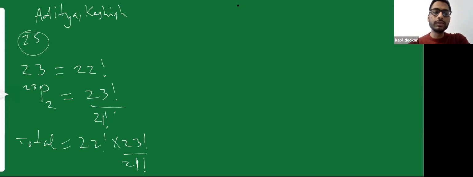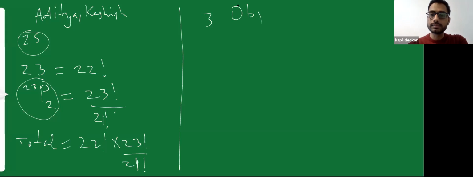Now, there might be confusion about where this 23P2 came from, so I'll explain in more detail. Consider three objects. If you want to place these three objects in a linear way, how many cross positions can I form? I can form 1, 2, 3, 4 cross positions. So in linear permutations, with three objects, there would be four positions. One extra position would always be present because there is a first point and a last point.